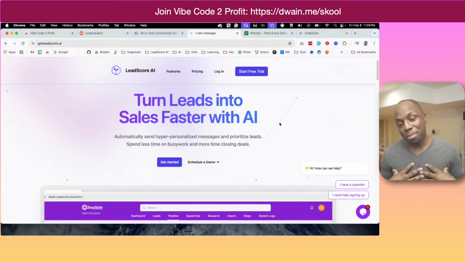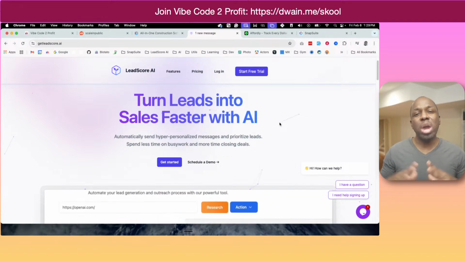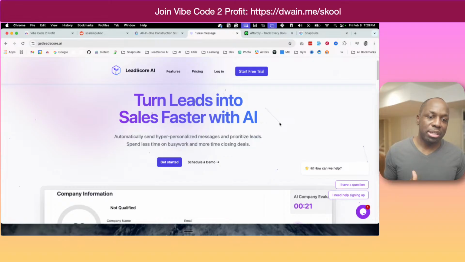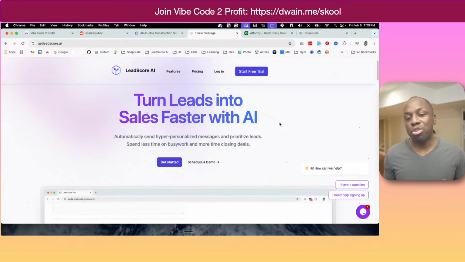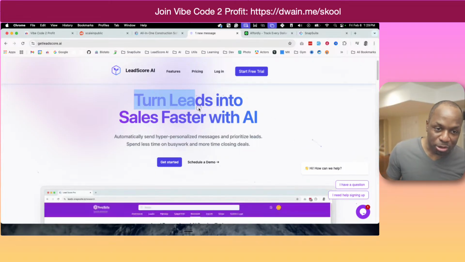And in my opinion, the tools that exist on the market that solve this problem are either way out of my budget or they're too complex and they just don't meet the requirements that I have. So I decided I'm going to take a stab at it. I'm going to build a tool that solves that problem. So that's why I built this second product.